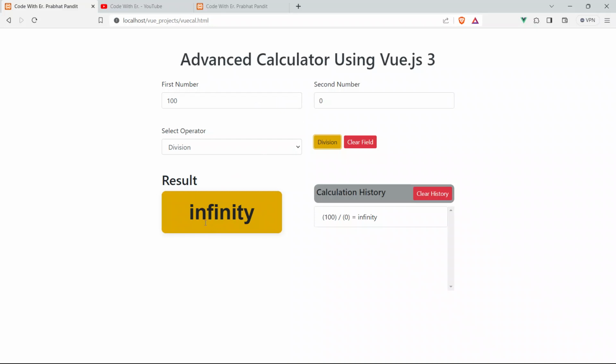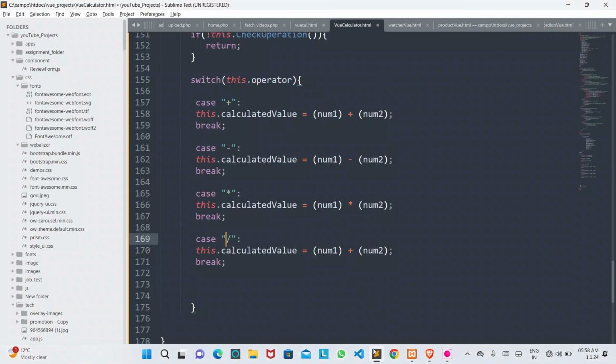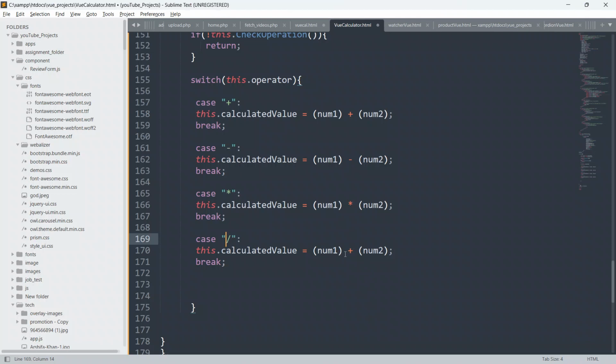Okay, so guys, you can see here is the infinity, and here you can see also 100 divided by 0 equal to infinity. So guys, this is the catch, we have to catch it. Just be careful and watch the video thoroughly, and be focused. Now I'm gonna just say here,